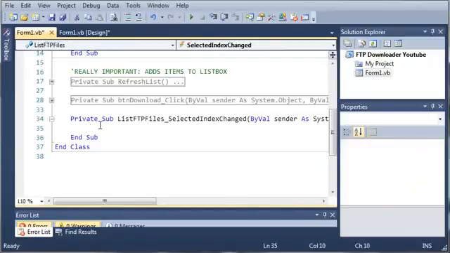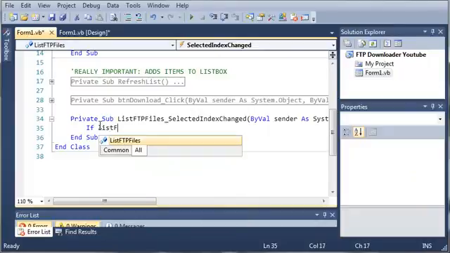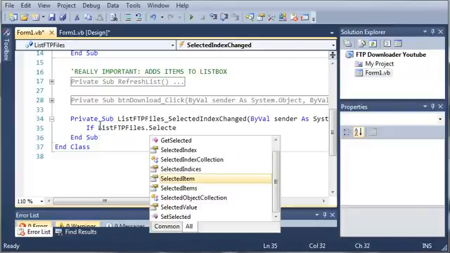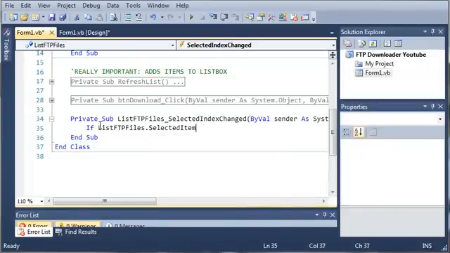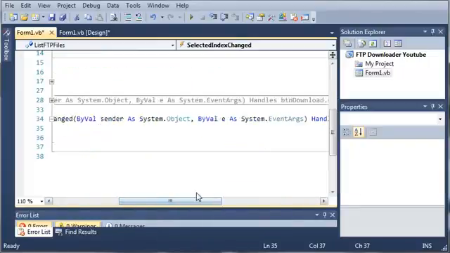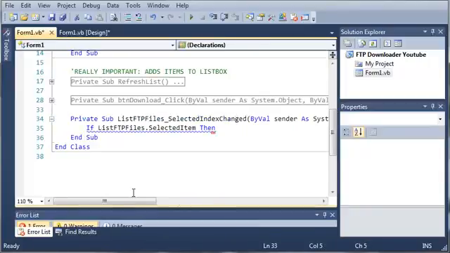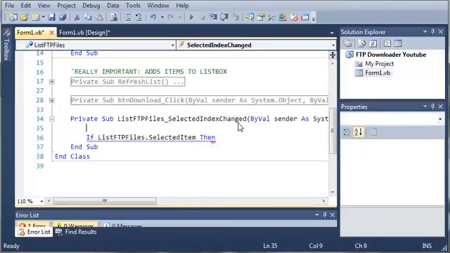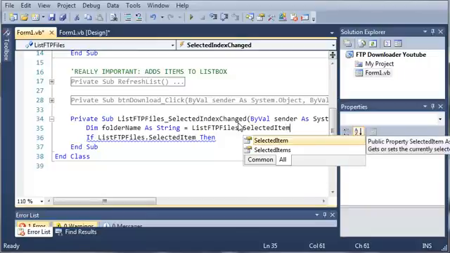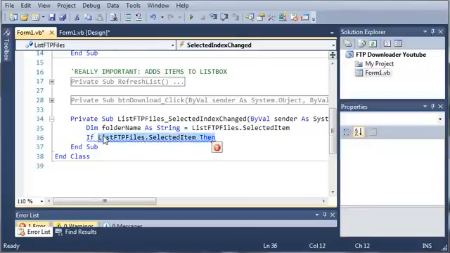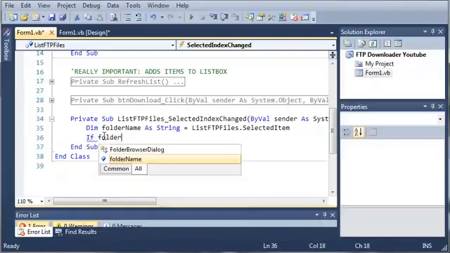So let's use a simple if statement. So if list FTP files dot selected item dot contains, or we cannot use contains here, so what we're going to need to do is create a variable to store that item in. So we'll just come right above it and we will declare a variable. So dim folder name as string, and we'll set it equal to list FTP files dot selected item. Okay, so let's go ahead and get rid of this right here. So if folder name